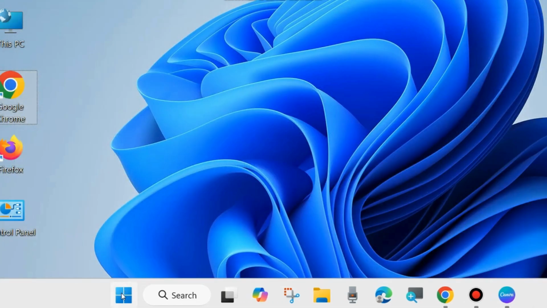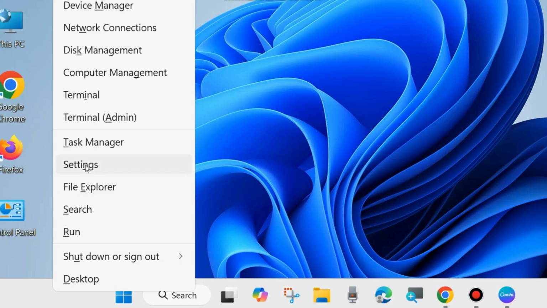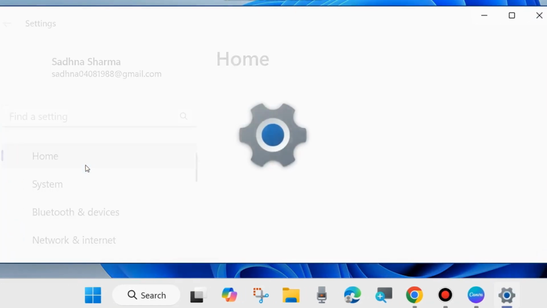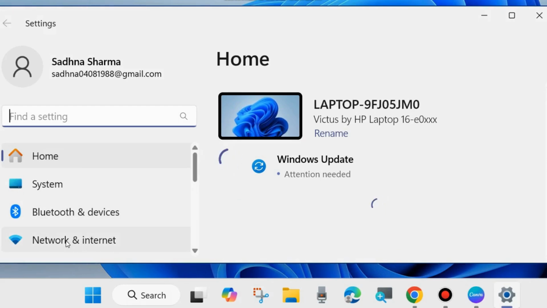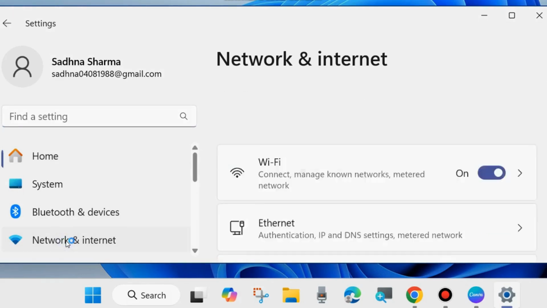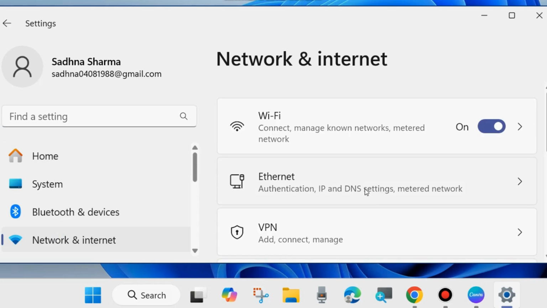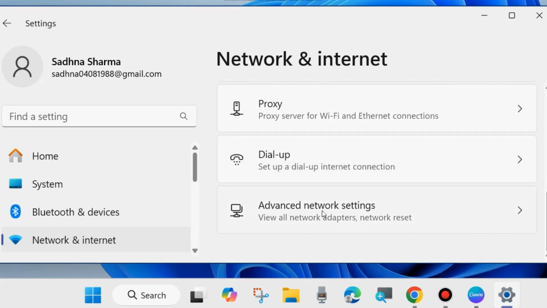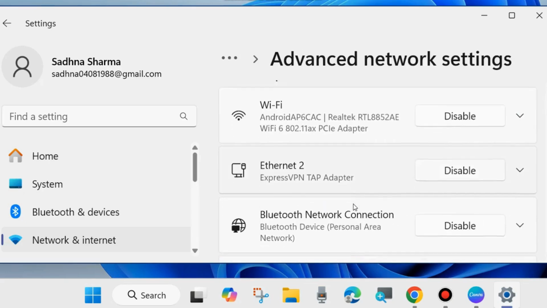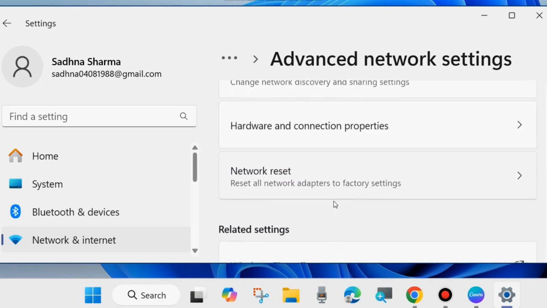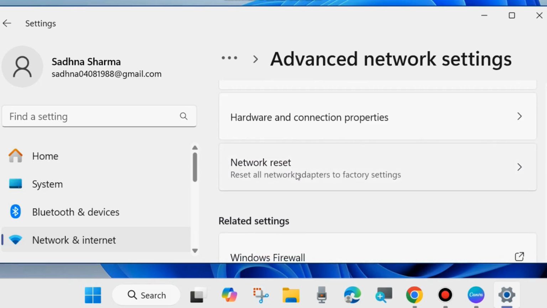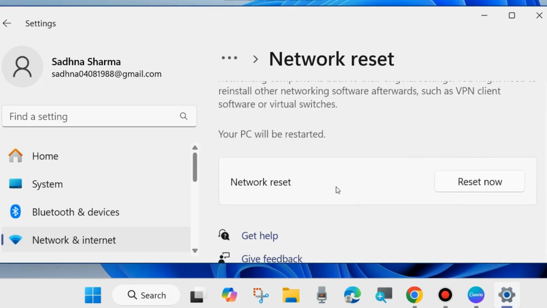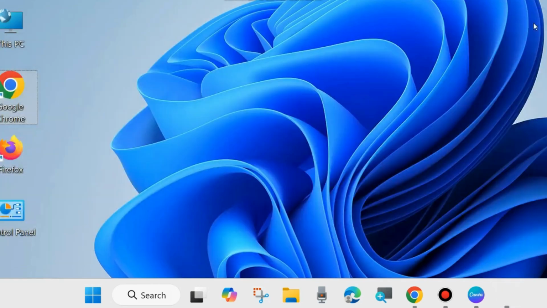Reset your network settings. Right click on the start button and choose settings. Here from the left side, go to network and internet. Click on it. Thereafter go to the right side and here you will find advanced network settings. Click on it, and here scroll down and you will find network reset, reset all network adapters to default. Here click on reset now. Again, follow the on-screen instructions to reset your network settings and accordingly your error is